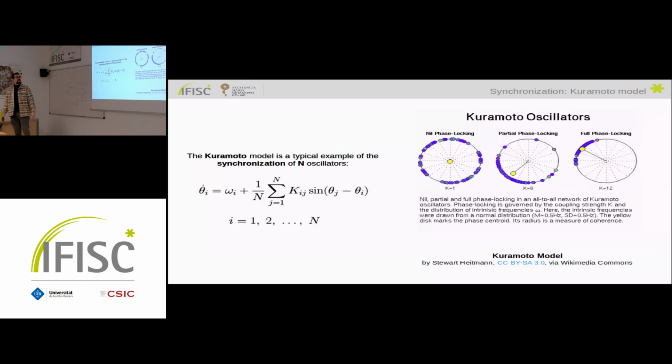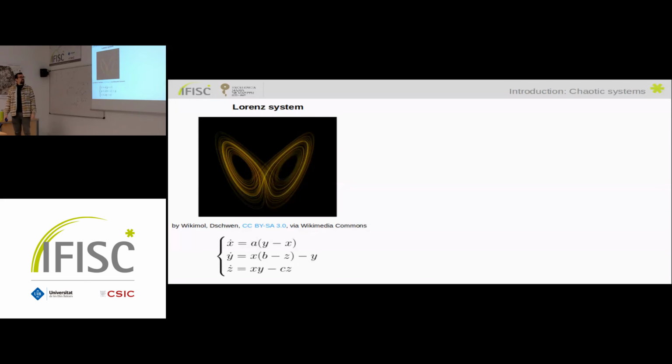But here in this talk, I will also be interested in working with chaotic systems. So let me give a brief introduction to some of the chaotic systems that we will use. First of all, I will use the Lorenz system, which I believe doesn't need an introduction. I guess that most of you are familiar with this system. It was originally introduced to model the Earth's atmosphere, and it has a very nice strange attractor, as you can see here, and it sort of created a very good hype for this kind of chaotic systems and all of the stuff that came after.